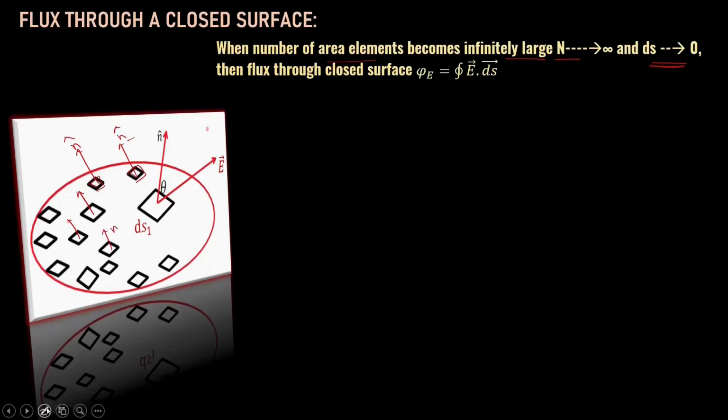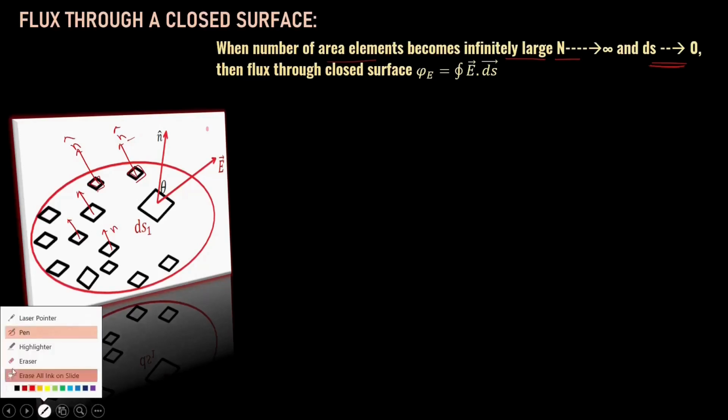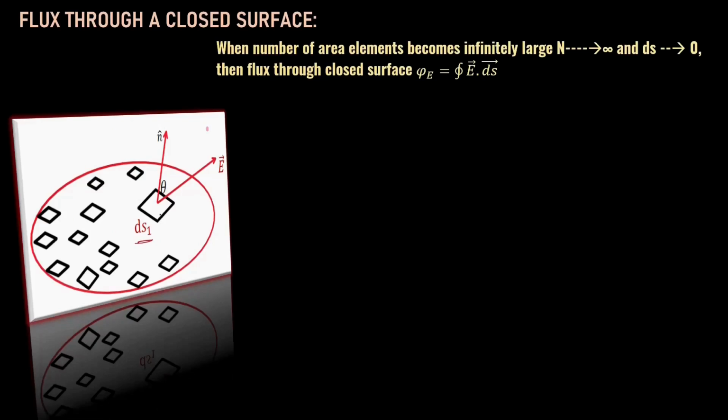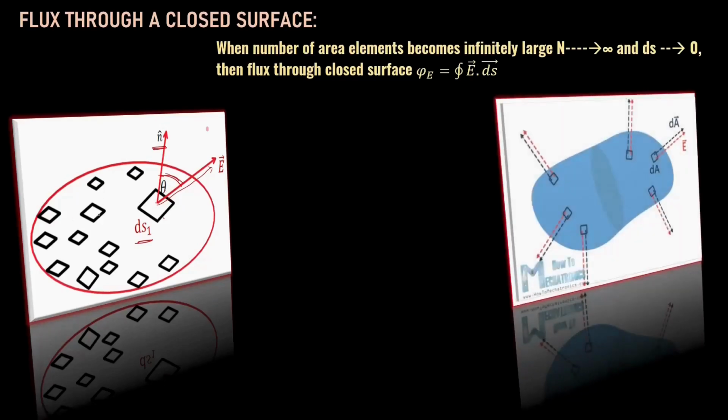So for simplicity, let us see. We are dealing with ds1. We have taken a simple area ds1 whose normal vector is pointing in this direction, and the electric field is making an angle theta with the normal vector. Here again, theta is the angle between the field and the normal vector. So in that case, we have to integrate the d phi element, that is the flux element, for each of the area elements, and on integrating that we will get the expression phi is the integration of E dot ds. For the planar surface, in the previous case, for an open surface, we got the relation phi E is equal to simply E dot ds.